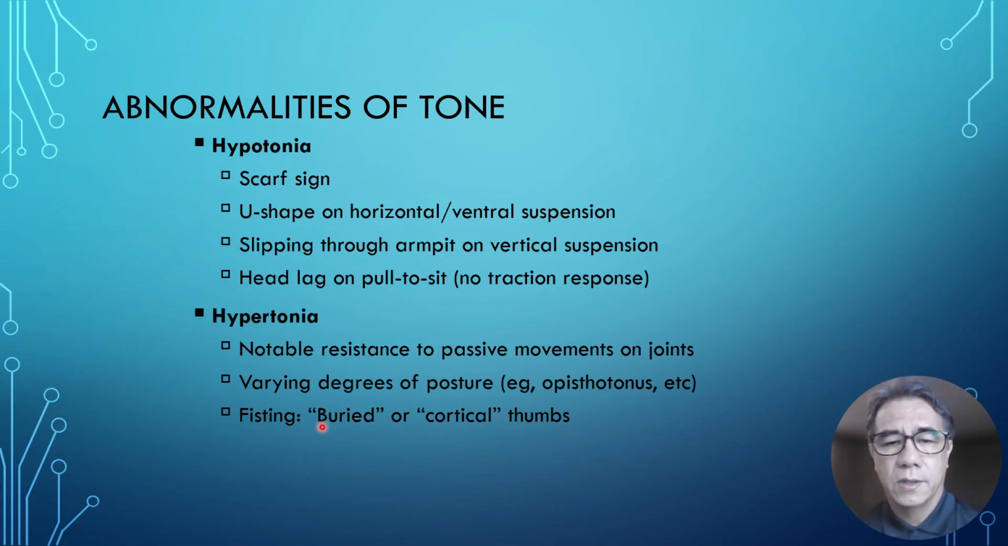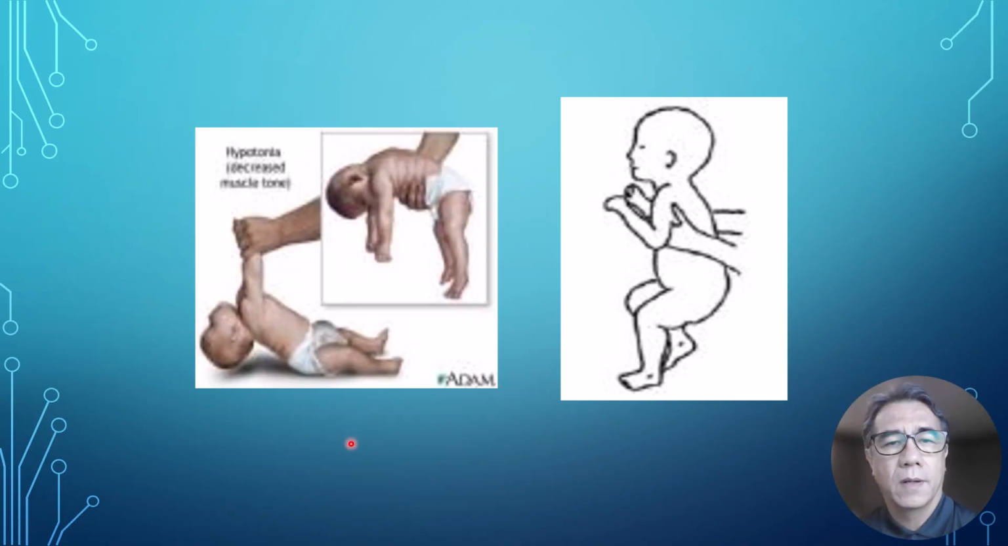Fisting, or persistent fisting of the hand beyond 4 months of age, is usually a sign of hypertonia and is an upper motor neuron manifestation of a motor problem. So hypotonia, the baby has very poor tone and just bends in an inverted U shape